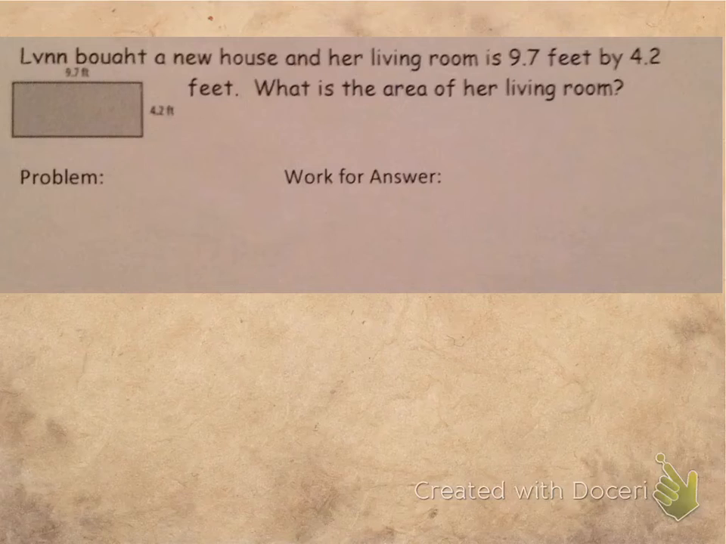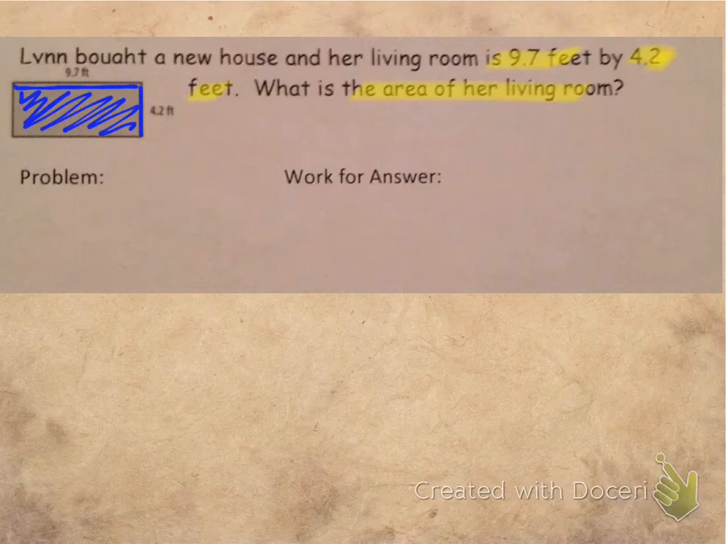Number 3 says Lynn bought a new house and her living room is 9 7/10 feet by 4 2/10 feet. What is the area of her living room? So the area is multiplying this side by this side, and it will give you all of this space that it covers. Okay, so I want you to try to set this problem up. So press pause, and when you think you've got it,